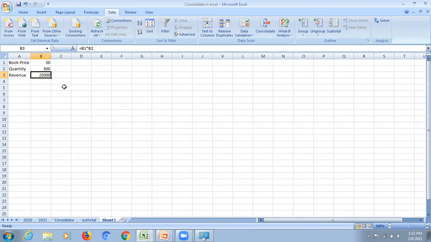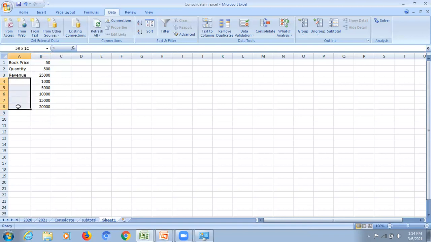So again, I'm repeating my question: what will be the revenue of the books if the variables for quantity are changed? I want to see if the quantity is 1000 or 5000 or 10,000 or 15,000 or 20,000. So this is what my quantity is.